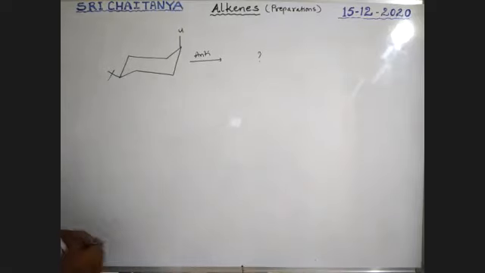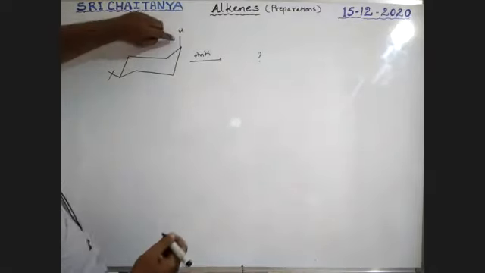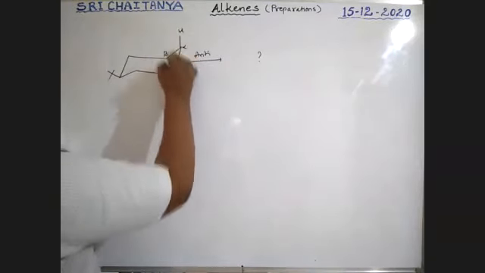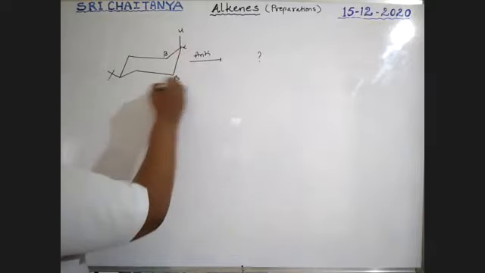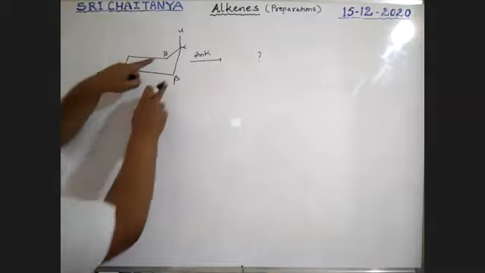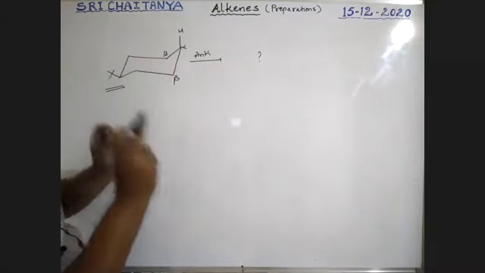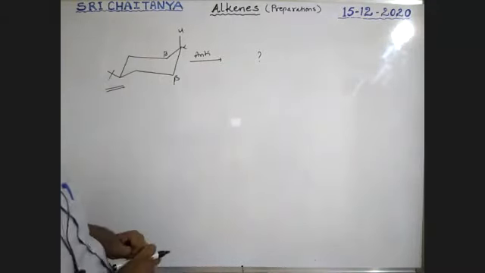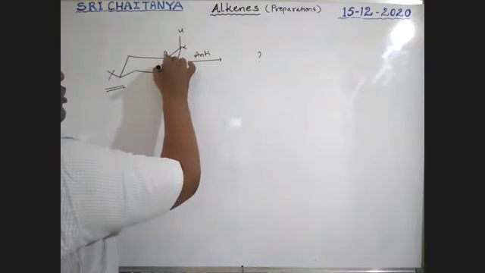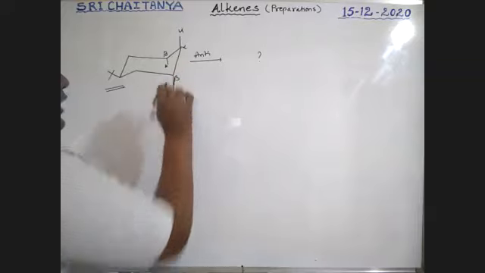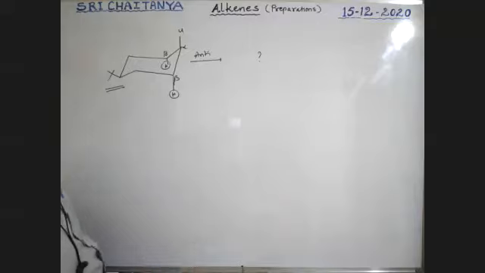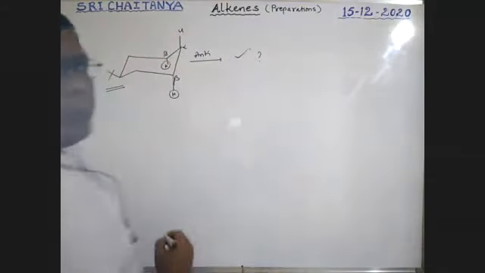Boys, see here. This is chlorine. This is the alpha carbon. Either this one or this one is better. Why do you think about this one? We are going to consider these two only. Hydrogen must be eliminated from the beta position, so either this hydrogen or this hydrogen. Here on axial position, hydrogen is there. Here also on axial position, hydrogen is there. Either this hydrogen or this hydrogen may be used. So therefore, our answer is yes.